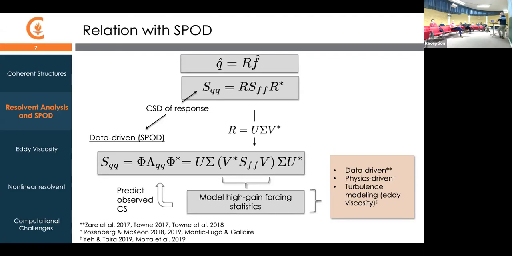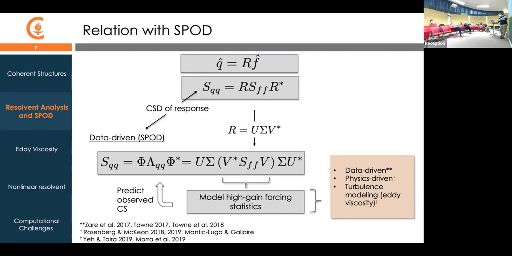So that means we have to somehow model this forcing. And there are different techniques that are being pursued around the community on this. I've already mentioned the data-driven approach. Of course, we can also tackle this problem directly based on physics. We can look at the detailed triadic interactions, for example, that are inherent in SFF. And finally, we could perhaps take a different approach and use a more classical kind of turbulence modeling technique. That's one thing I'm going to highlight in this talk.